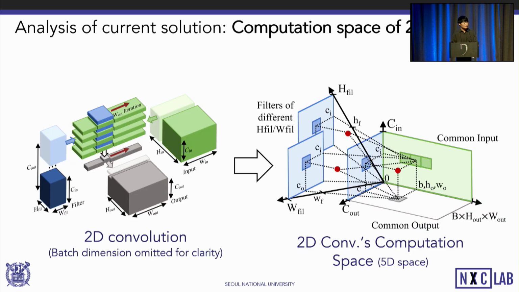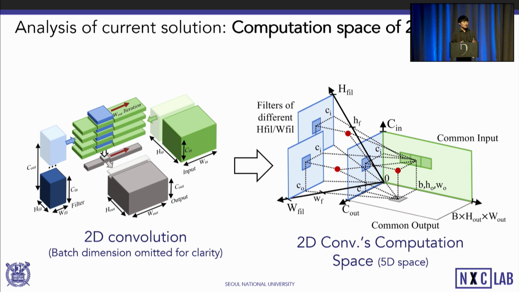The same can be done for 2D convolutions as well. The detailed derivation steps are presented in our paper, but basically what we do is to map the dimensions of the 2D convolutions into that of the GEMM. This is possible for all dimensions except for the height of the filter and the width of the filter, or H-fil and W-fil. H-fil and W-fil dimensions cannot be mapped into any of M and K dimensions as they require,